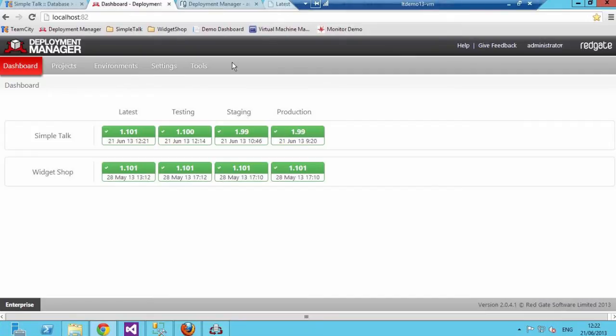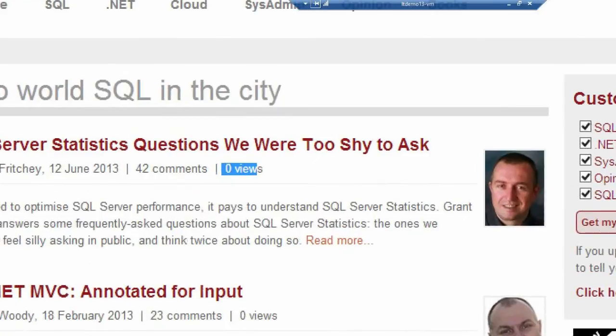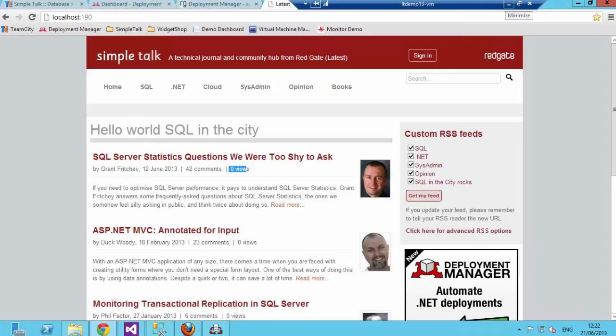So if I refresh this, I should have a new version 101. Refresh my website. Can I see my changes? Ta-da! So this is the CI process happening in the background. So we have my naught views. Let me zoom in. Obviously, I'm going to need to start visiting these articles now. But cool. Thanks. That's the end of that section.